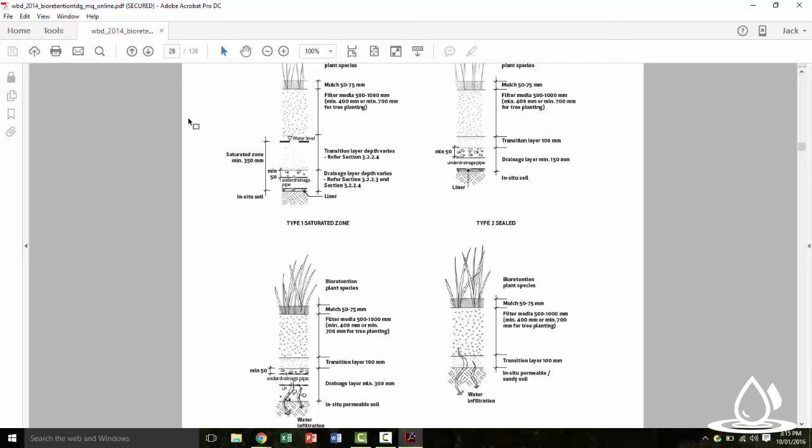So it's really important for design, but it's also important for maintenance, because there could be a few nuances in how you maintain each type of system. Majority of it's going to be the same, right? So you shouldn't be freaking out that this is a massive extra workload or heaps of extra stuff to think about. It's 95% the same between a saturated zone system and a sealed system and so on,